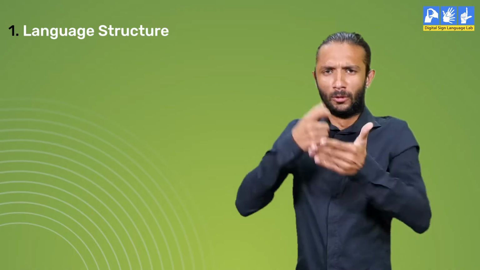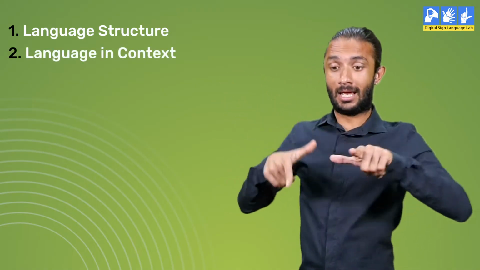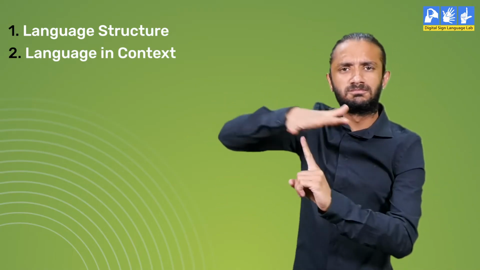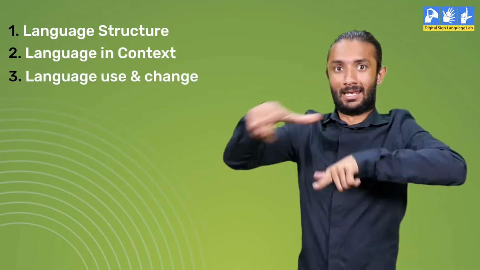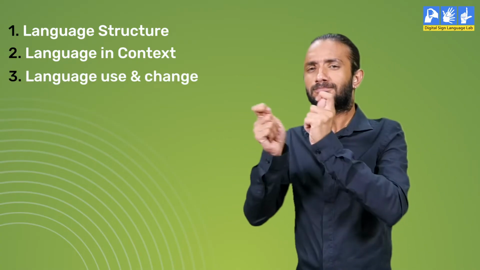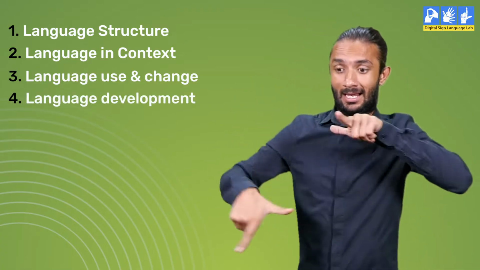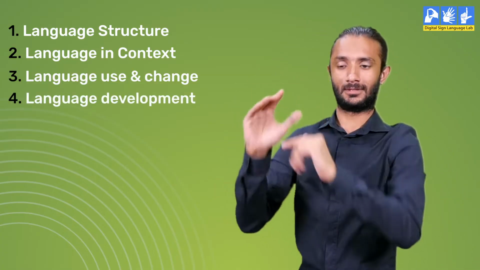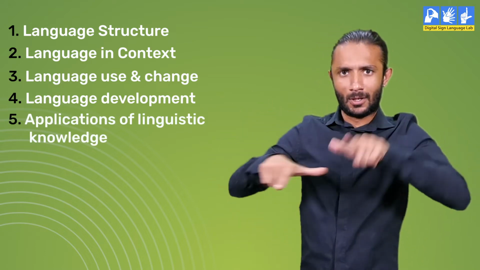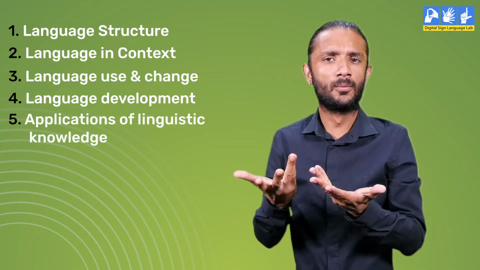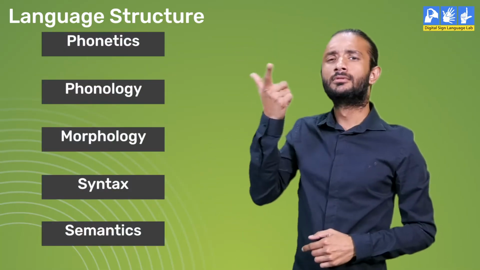Linguistics is classified into 5 integral parts. The first one is language structure, rules and procedure. Second, language in context. Third category is language use and change. Fourth, language development. And fifth, applications of linguistic knowledge. And many more. Firstly, we will talk about the language structure, rules and procedure, which involves these areas that are